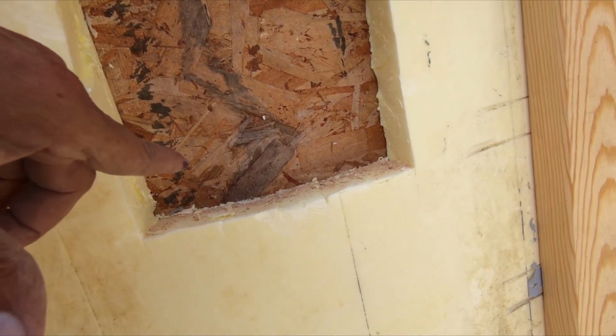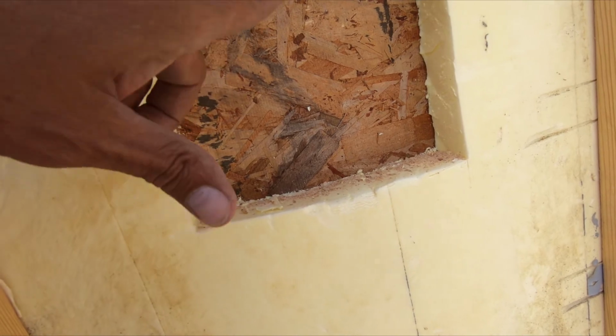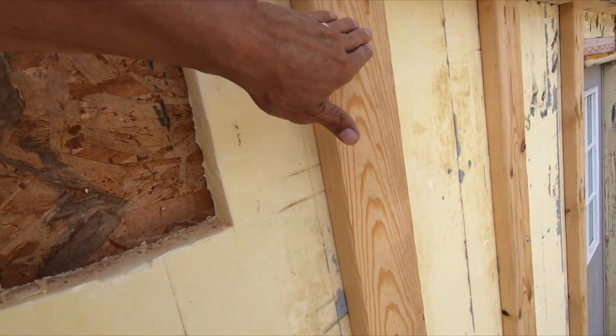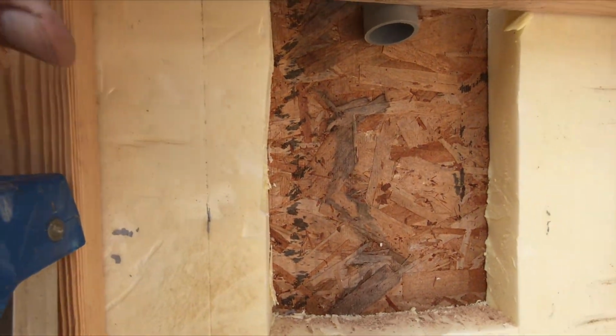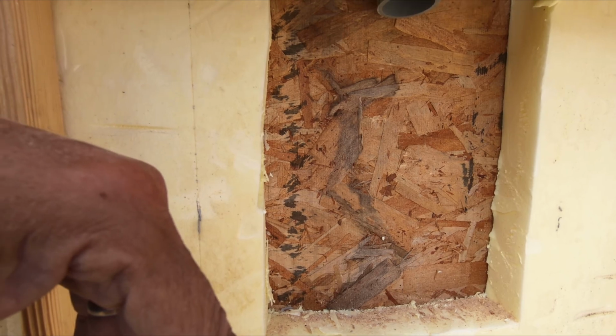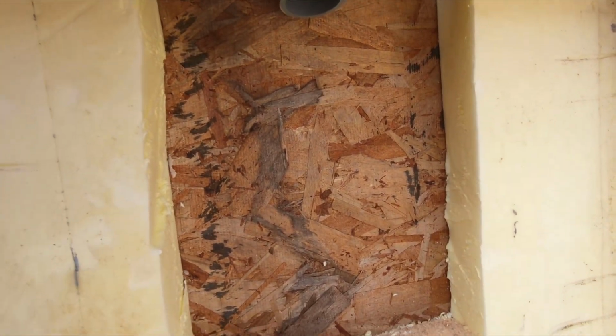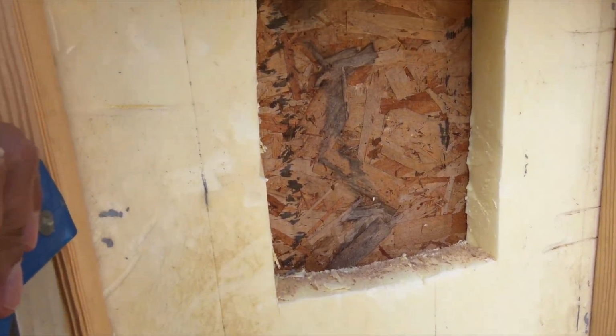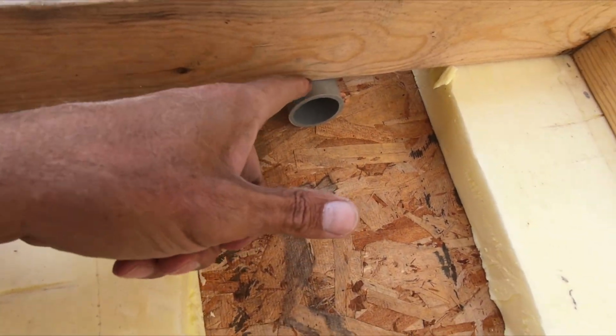I really should get something over it now so it doesn't get rain in it, but I can go from here to here, up under here, and that'll keep the water out. I don't want to do a whole bunch of work on this that's going to be undone later. And I have to get at this end